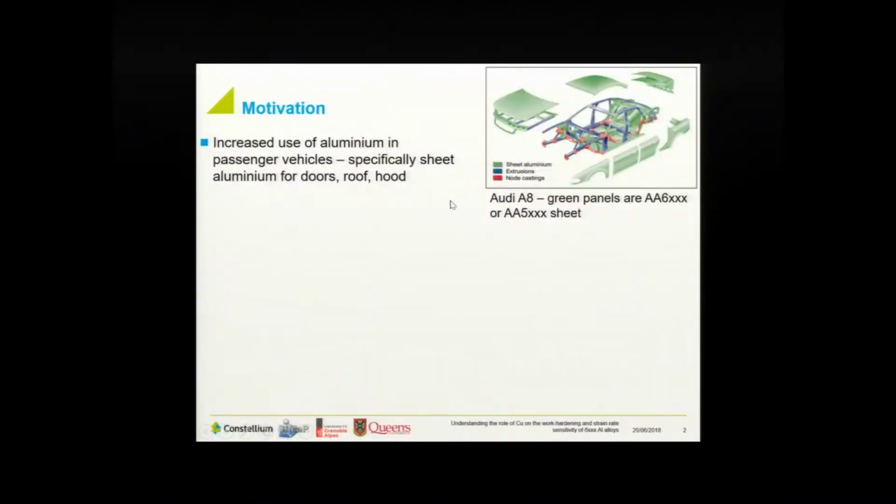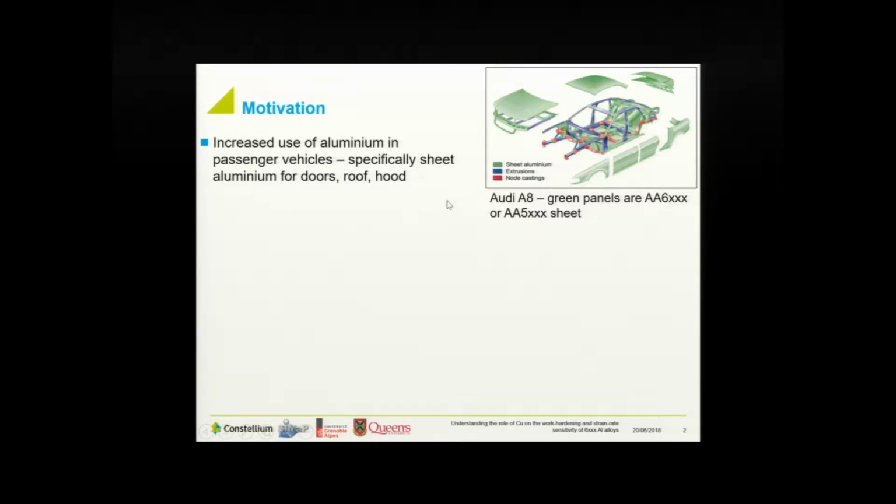So to start off, why do we need to look at aluminum alloys and the use of 6000 series as far as aluminum sheets are concerned? One of the main things that we want to do is to be able to reduce the carbon emissions that are coming from passenger vehicles. One of the things you can do is switch from steel to aluminum sheets